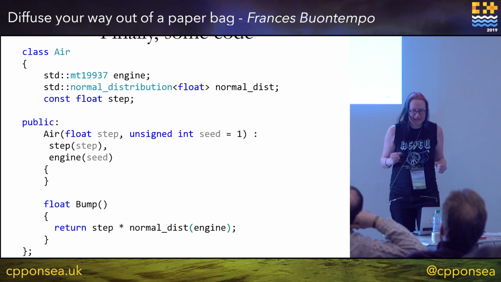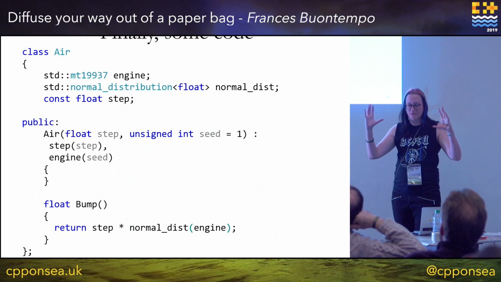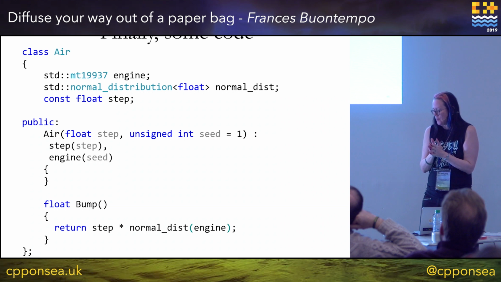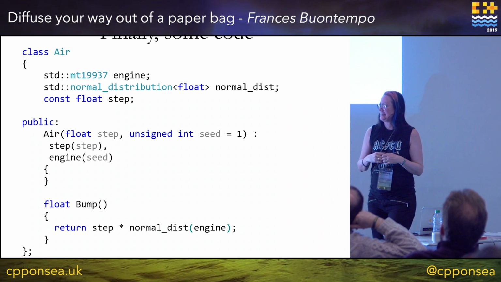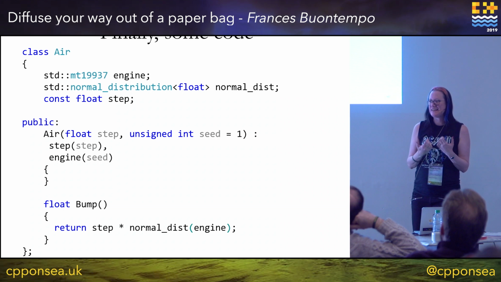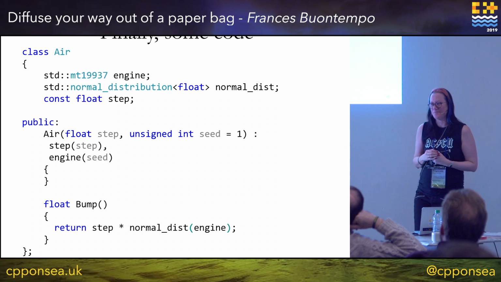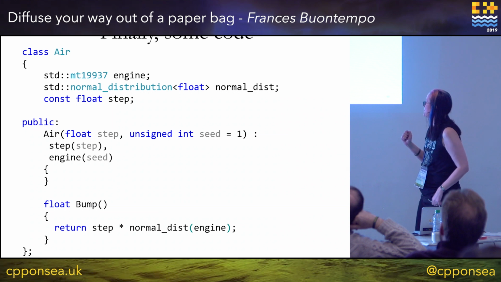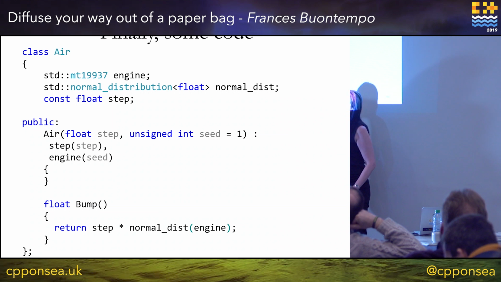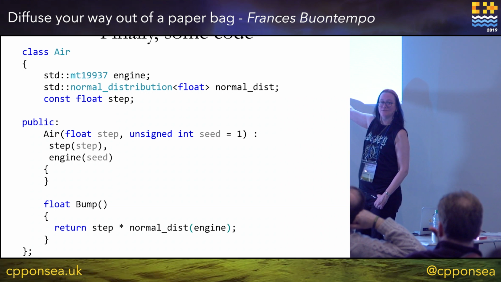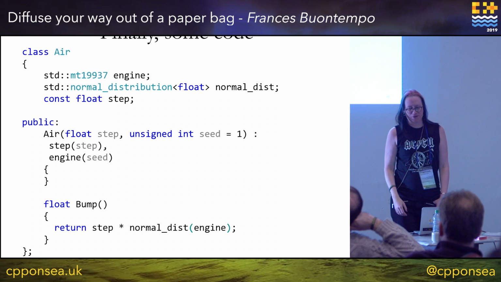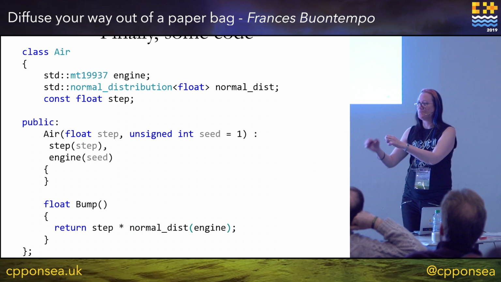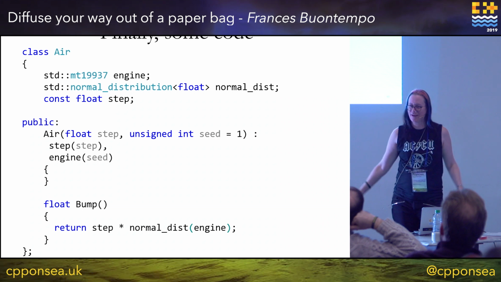Finally, right, I'm getting there. So we're going to have some air in our paper bag. We'll tell it how big we want the steps to be. That was our root T in all the maths we had earlier. We're going to send in the seed, because we've already said this all gets quite mucky. And I made all kinds of mistakes, but I think I fixed them. And then the actual maths we want, this is our root T times our dW. So it's quite over the top for some multiplying for us, but it means I can have something that's providing the bump, bumping all my green blobs around, and they'll eventually move out of a paper bag.